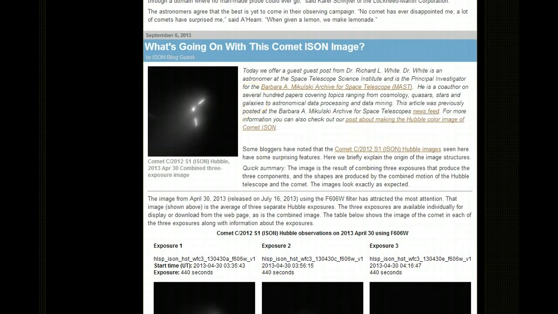Now in my opinion, they probably made a little mistake because it makes you think something that is not real, but they're probably busy, they've got so many things to do, like 30,000 to 40,000 pictures of ISON. They cannot publish all these pictures because it's too much. Believe me, if you do astrophotography, you will understand what I'm saying. I do that. I take hundreds of pictures of the moon and the universe, but I only publish two or three pictures